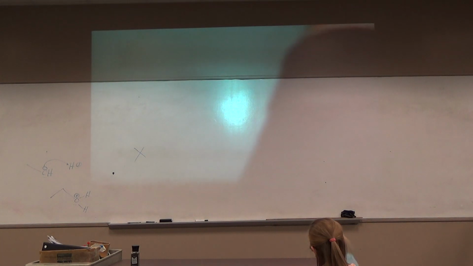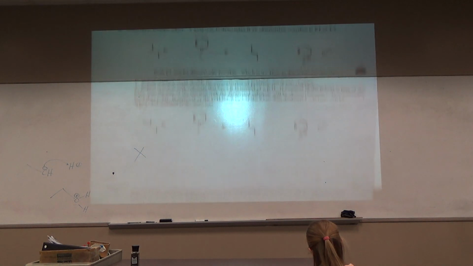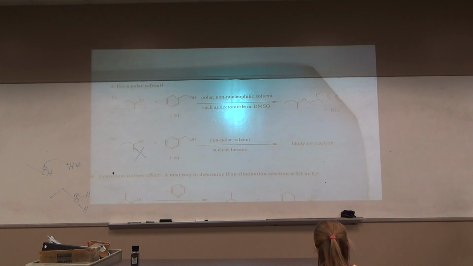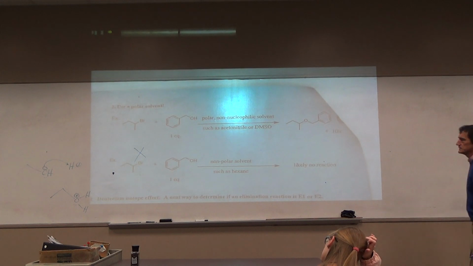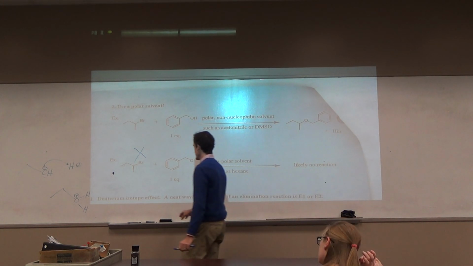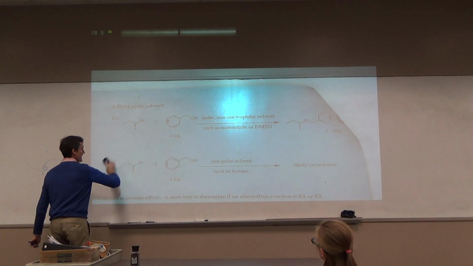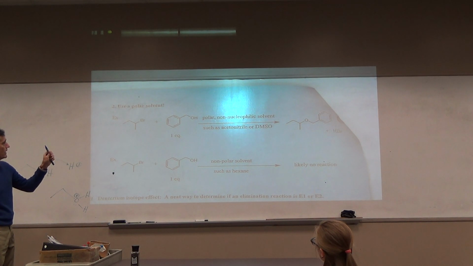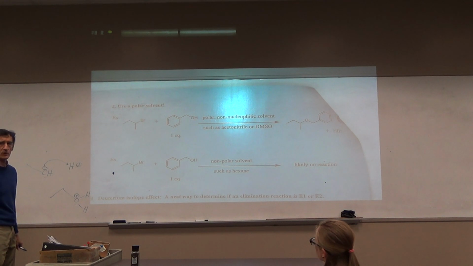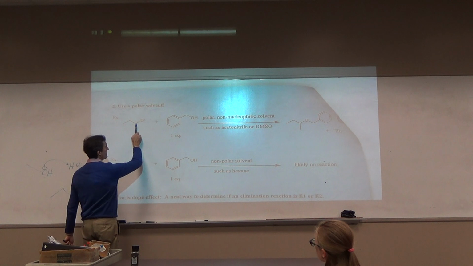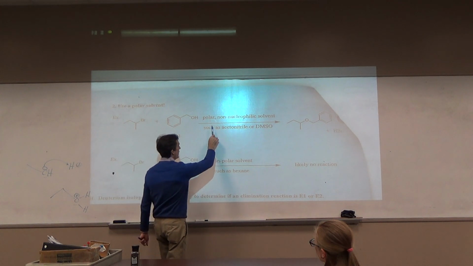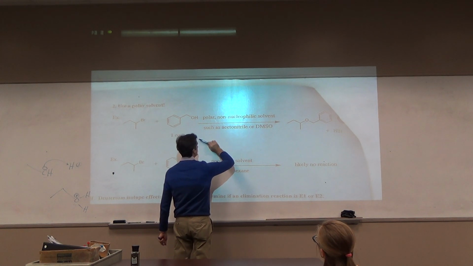All right, number 2. What are we under? I think clever ways to make a leaving group better, is that right? Use a polar solvent. We haven't talked much about solvents. A polar solvent is going to promote ionization of the leaving group. If you take this alkyl bromide and react it with this alcohol, in a polar non-nucleophilic solvent, such as